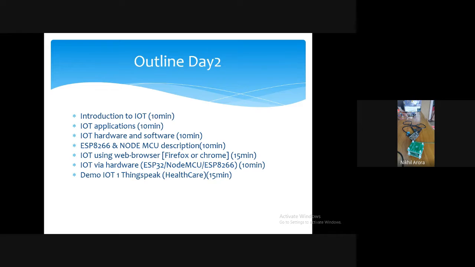Okay, so today's presentation is divided into various parts. First we'll give some theory of IoT, which contains applications and introduction, and then we'll talk about various IoT hardware and software. Then a very famous hardware is the ESP8266 NodeMCU. We'll go in depth on that. We'll understand what that chip is, how it can be useful for our projects, and then we'll try to log